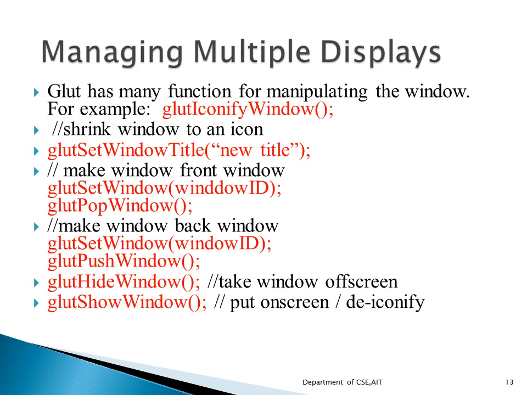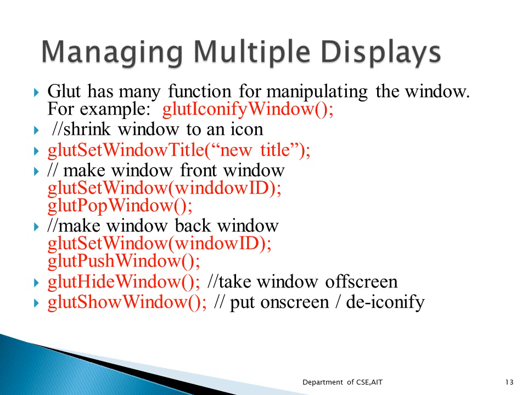We can also take the current window off the screen. If I want to hide a window, then I can make use of glutHideWindow. Or if I want to bring my current window back to the screen, the opposite of hide window, you can go for glutShowWindow. When you do this, the current display window will be invoked and brought back to the present display.